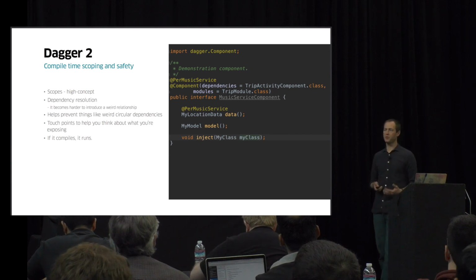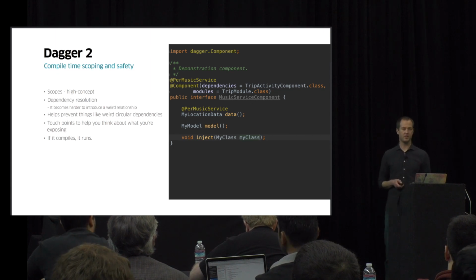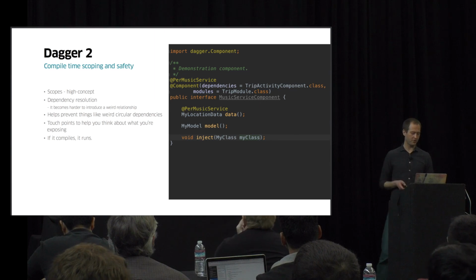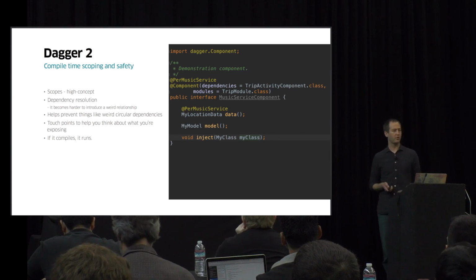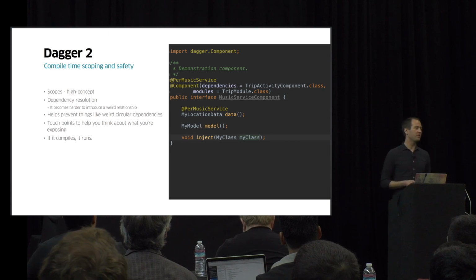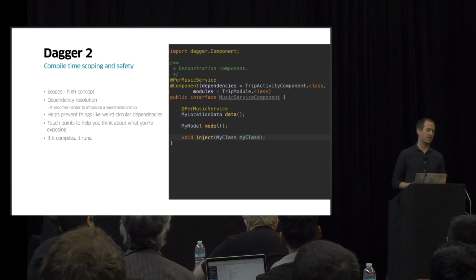And the other piece that's actually really interesting here, and the same theme of annotations, is saying something that a human can understand. If you look at this component on the screen, this actually tells you a lot about what you're exposing. Like you're saying this music service component is responsible for providing location data in a model, right? This is actually a really, really nice touch point for a human to understand how data flows in the system. You have to take a stand in these components and say, this is what I'm exposing. And more